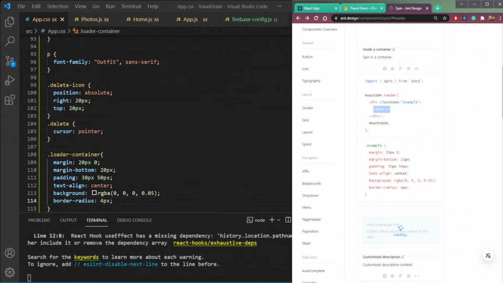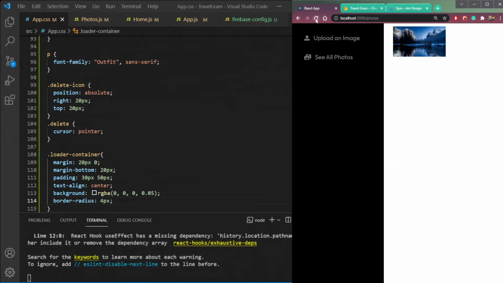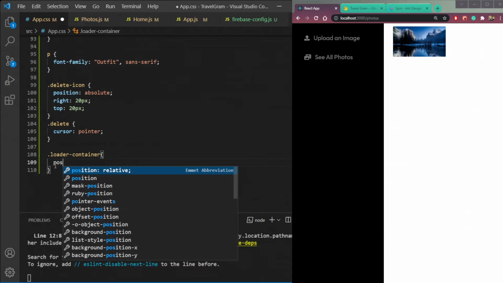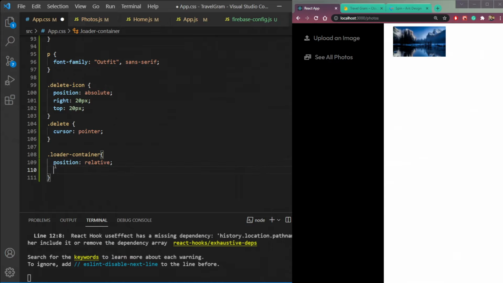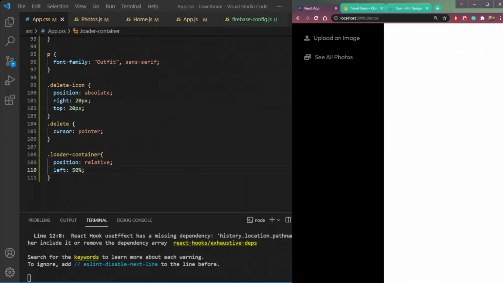First of all, I think it's in the center, because we also have to consider this sidebar. So we can just use position relative, left 50%. Let's see. Refresh the page. Let's try 100%.